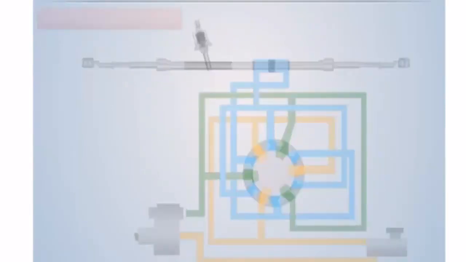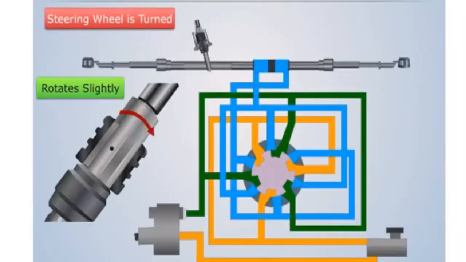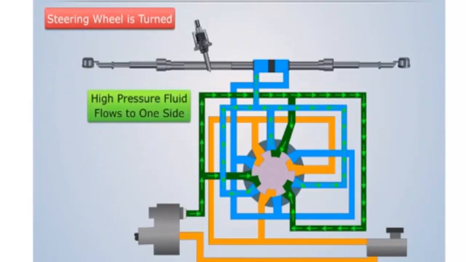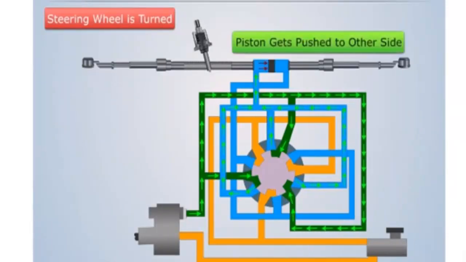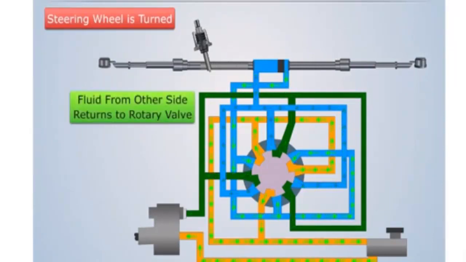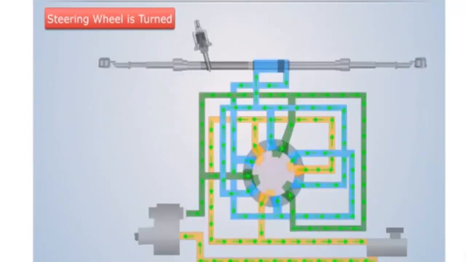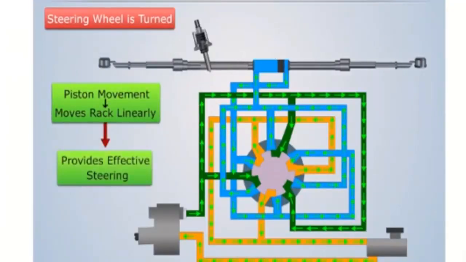Now when the steering wheel is turned, the inner member of the valve rotates a little. This causes the high pressure fluid coming from the pump to flow to the side matching the turning action. This high pressure fluid then pushes the piston towards the other side of the cylinder. Also, the fluid from the other side of the piston is returned to the rotary valve, which then sends it to the reservoir. Movement of the piston causes the rack to move linearly, providing effective steering without much effort applied by the driver. Now let's see power steering as: